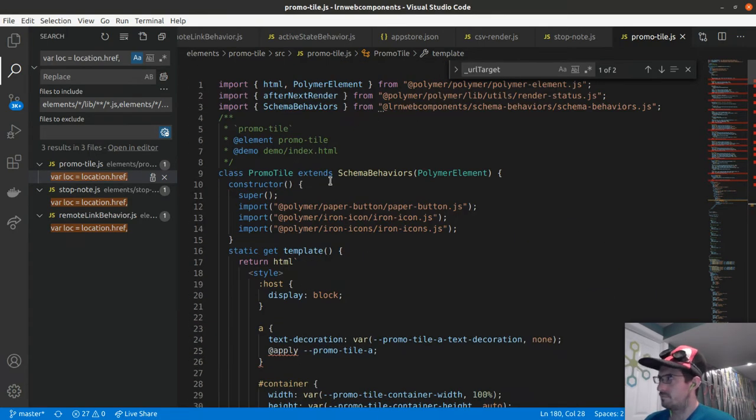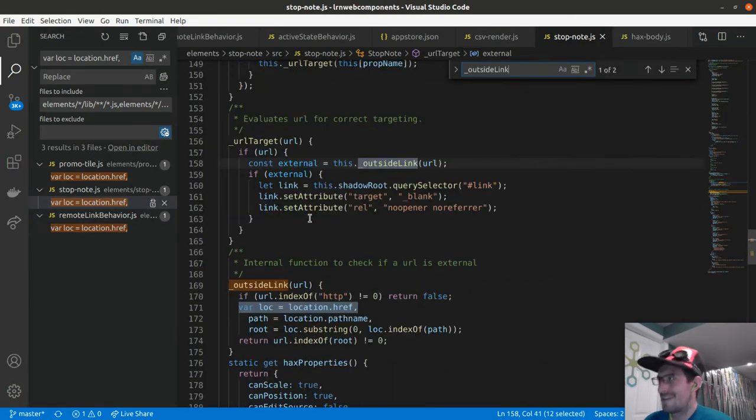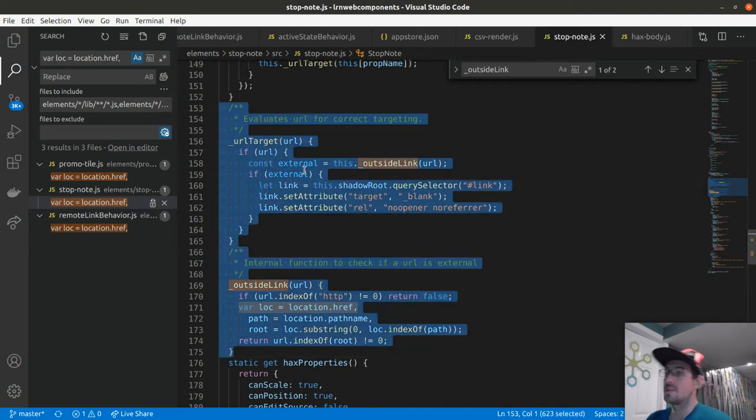Now, this is a Polymer element that definitely is going to need updating at some point. But stop node isn't. So stop node uses outside link, and outside link has this exact same behavior. So if we get this working with our one element, we can actually throw out this code and use a dependency. Now, that becomes a question of, do you want another dependency, or is there a likelihood that these elements are going to show up in the same page, at which point you're actually saving code that you're shipping to the user? Because if I have this one dependency and both these things use it, we ship in an unbundled